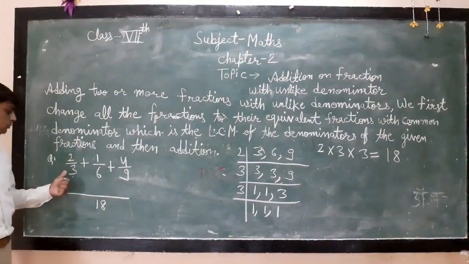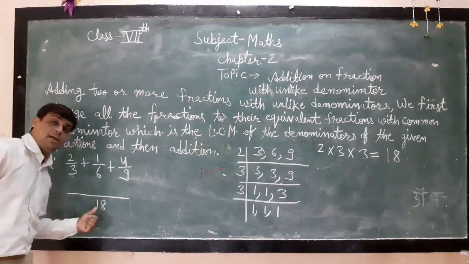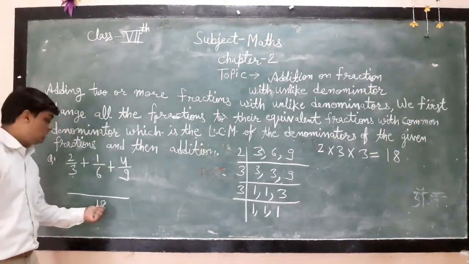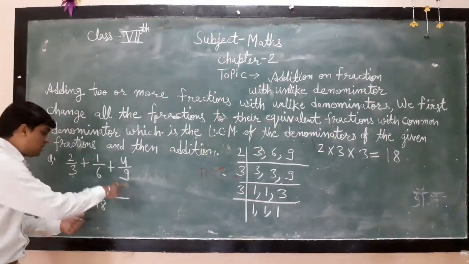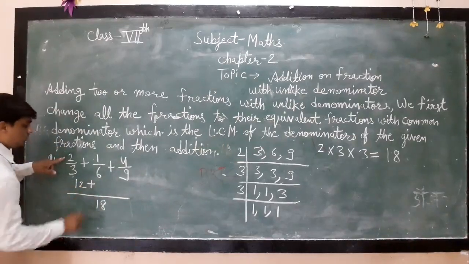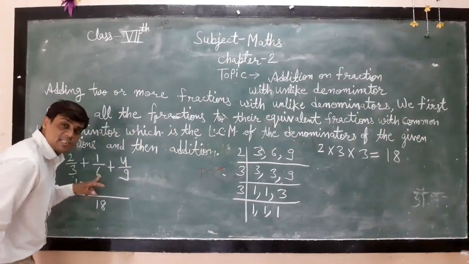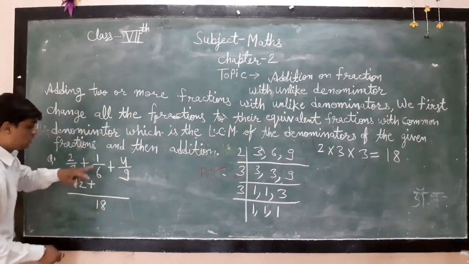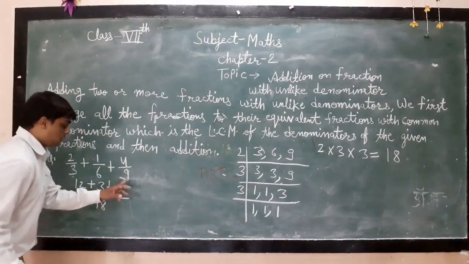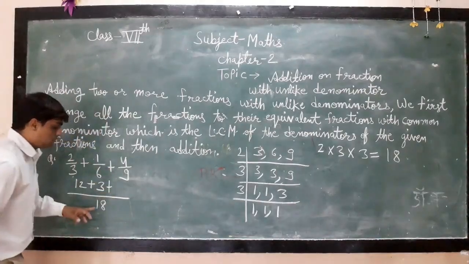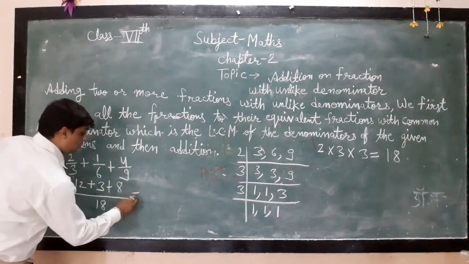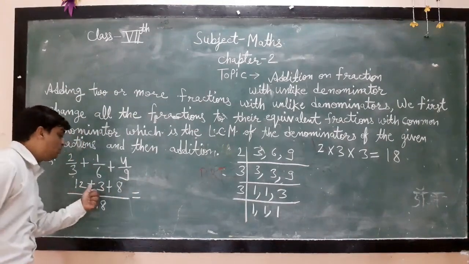Now each denominator is divided into 18. 18 divided by 3 is equal to 6. 6 multiply 2 is 12. 18 divided by 6 is 3. 3 multiply by 1. 18 divided by 9 is 2. 2 multiply 4 is 8. Now 12 plus 3 plus 8,